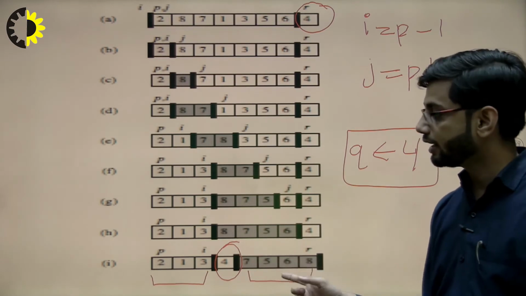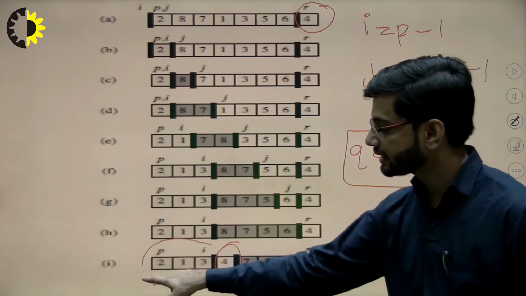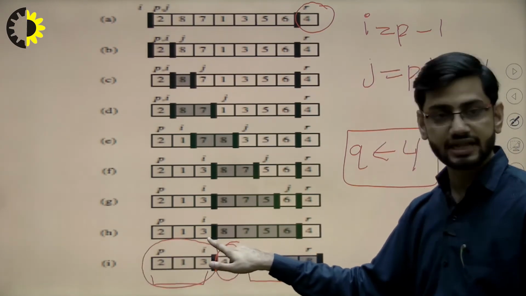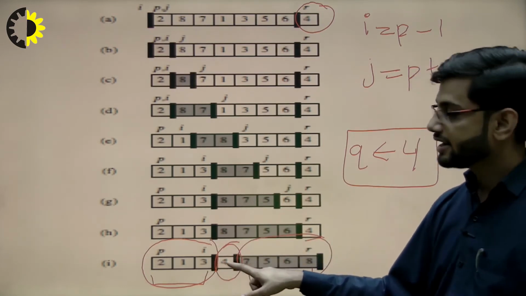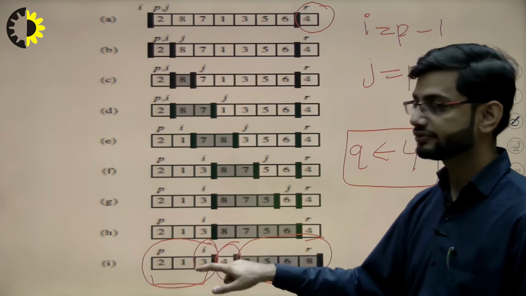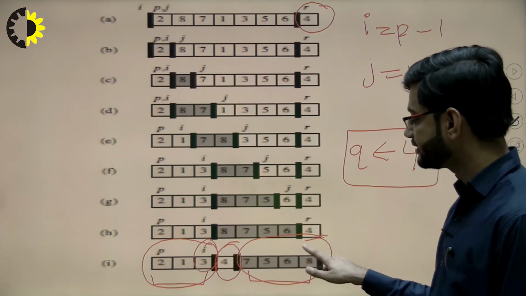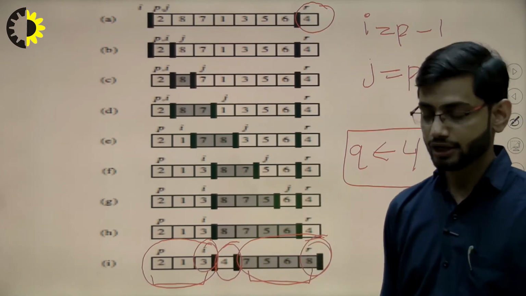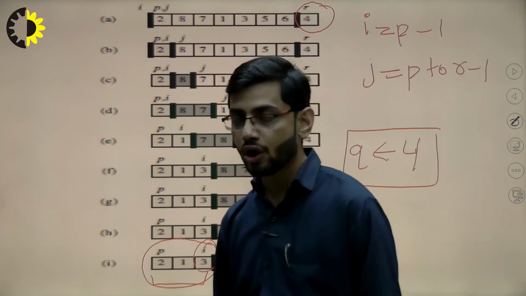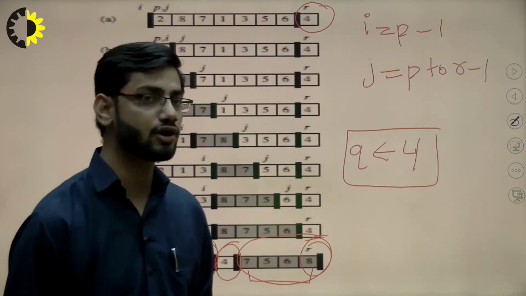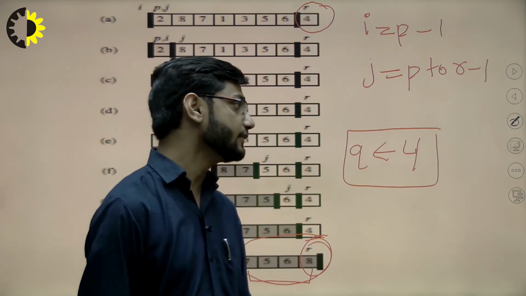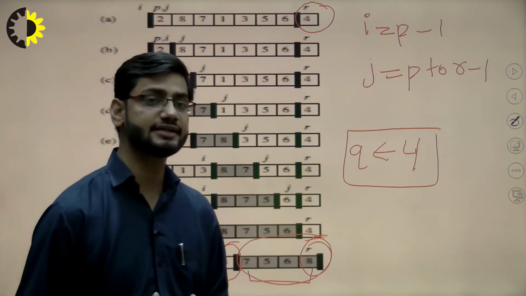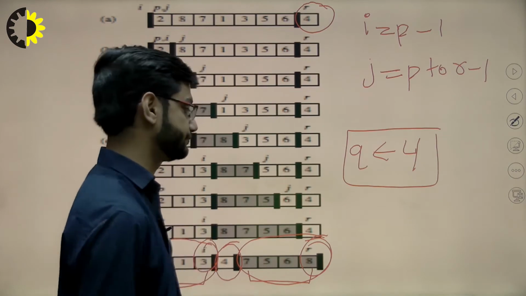Now we will call quick sort recursively on this left sub array and right sub array. For the left sub array, the pivot element will become 3, and for the right sub array the pivot element will become 8. So we will recursively call the quick sort algorithm on this left and right sub array until we get sub arrays of size 1.